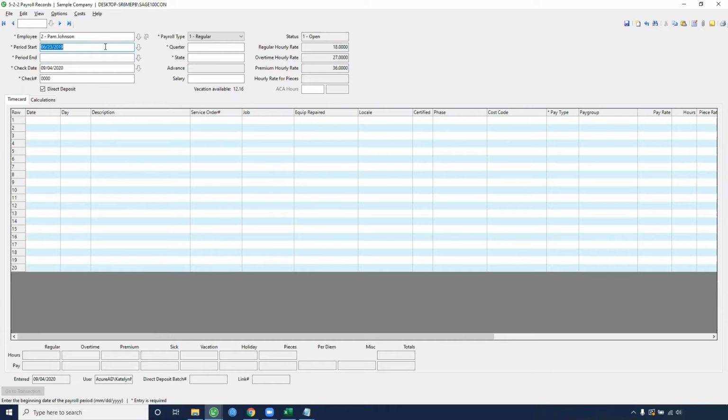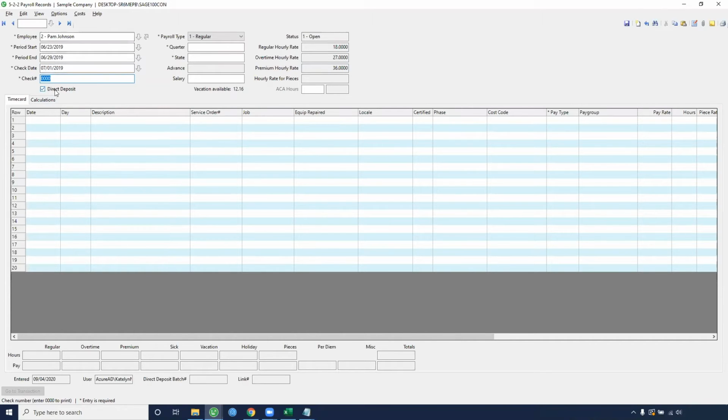And if that is the date of the period start and it's blue highlighted, go ahead and press enter. Otherwise, you can manually key in the period start. Depending on if Pam is paid weekly, her period end should default based off of the period start date for a week later. You'll want to key in your check date that they're getting paid. This is for today's date, but we're going to change this to be something like 7/1/19.